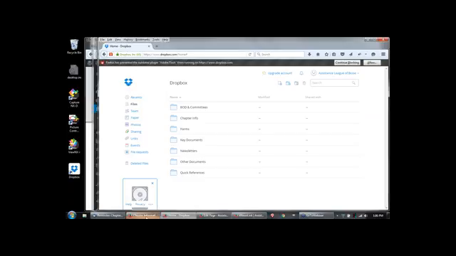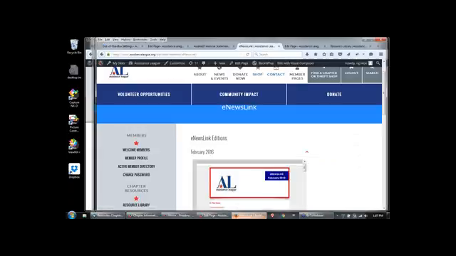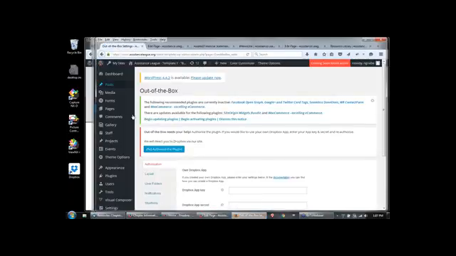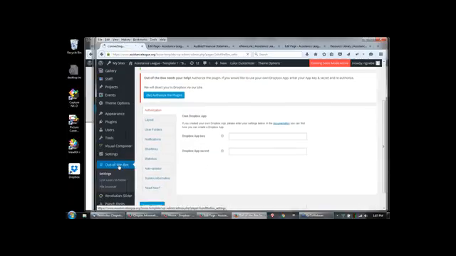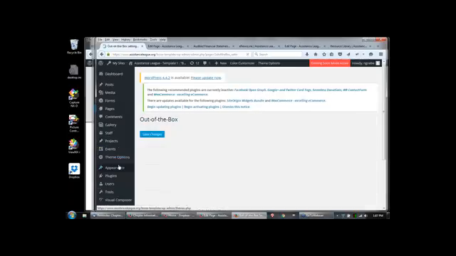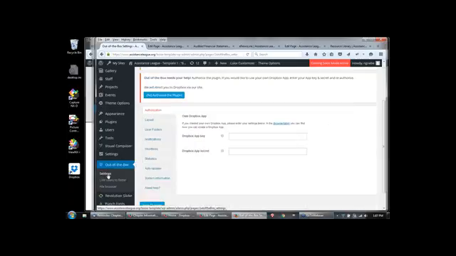So you want to use Out of the Box to display your documents that you've already loaded into Dropbox. How do you do that? So go to your dashboard on the site, and you page down to the very bottom, and there's this Out of the Box section. We have enabled the plugin on all of the sites. And you go to Settings, which is the default if you click on Out of the Box, and you'll see this button called Reauthorize the Plugin. Go ahead and click on that,